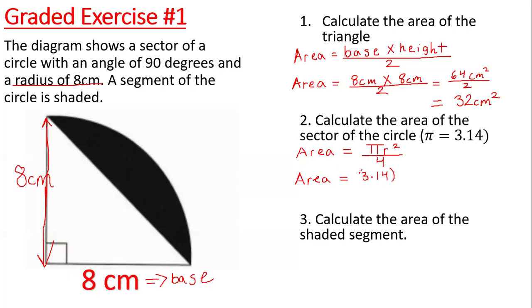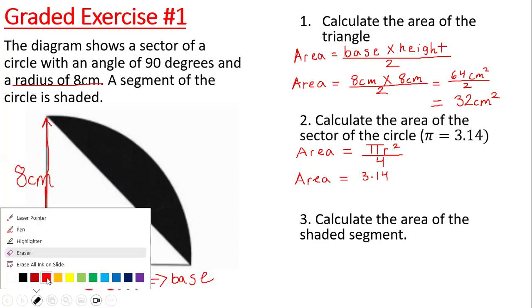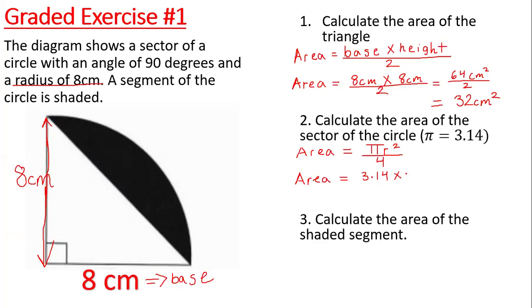What is the radius? The radius is 8. So multiplied by 8 squared, all over 4. Now we know that 8 squared is what? 8 squared is 64, not 16. 64, because it's 8 times 8, right? So 64 all over 4 is going to be equal to